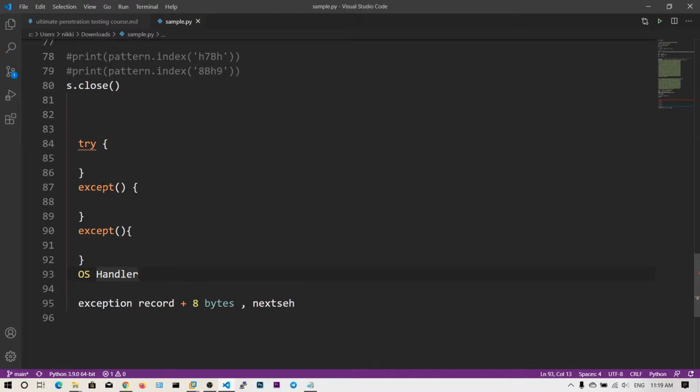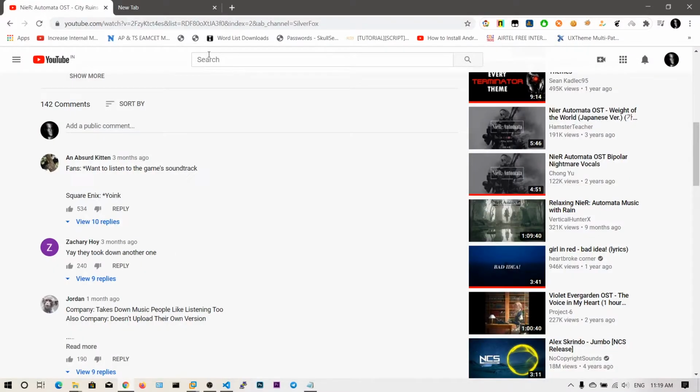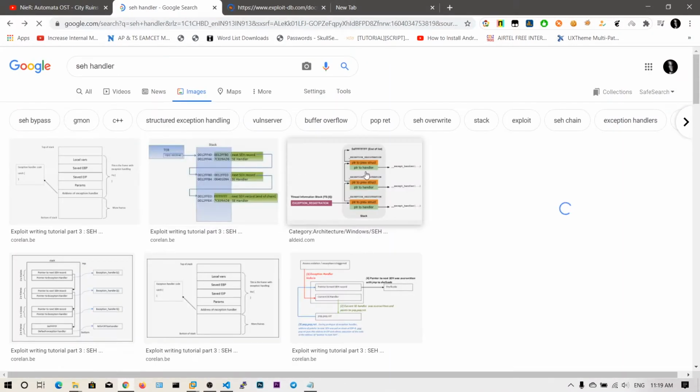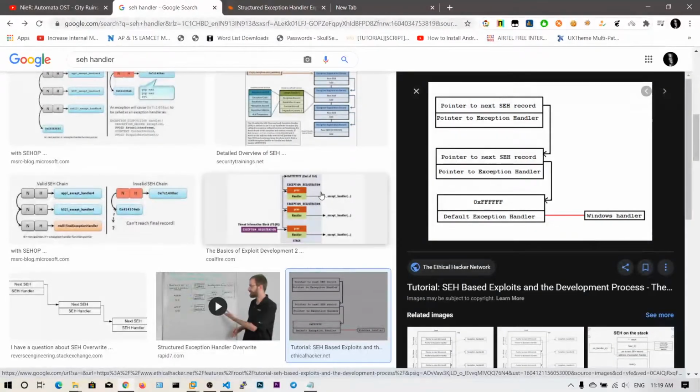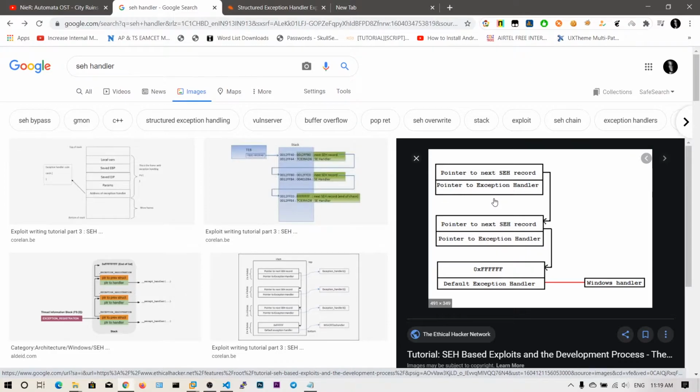So now, that is all about the basic exception handler. When we are writing code, we need to make sure that we have written enough exception handlers, otherwise it leads to SEH overflows. So now let's go on and see the structured exception handler. This structured exception handler was developed by Borland and licensed to Microsoft. That's why you will not see the SEH handler on Linux systems.